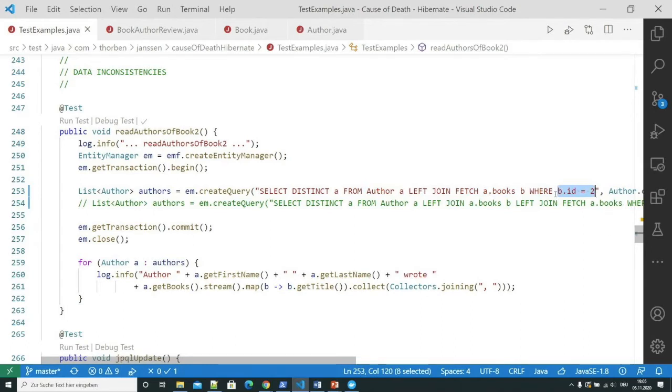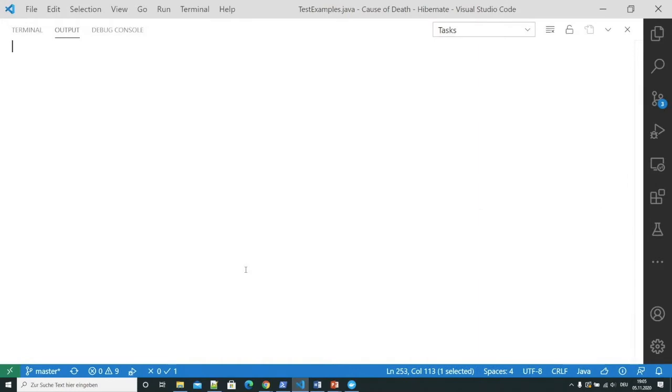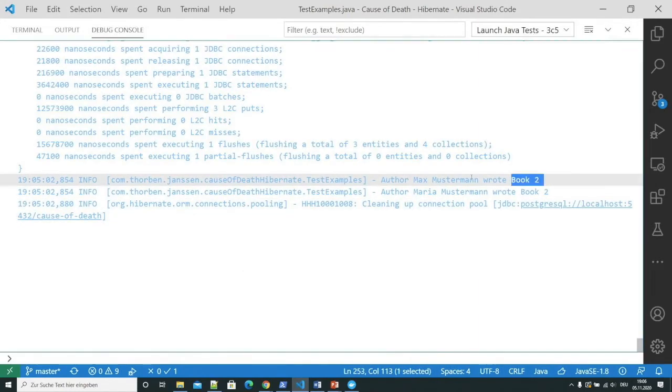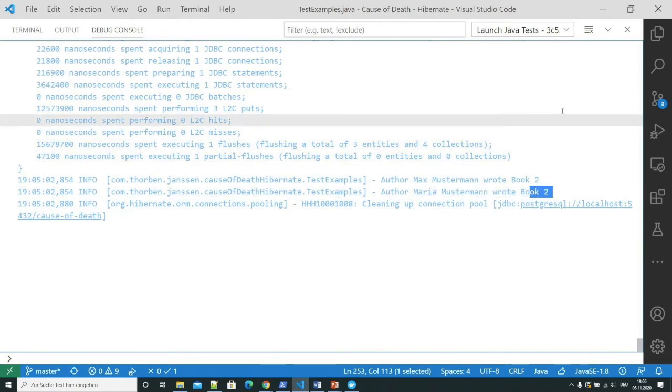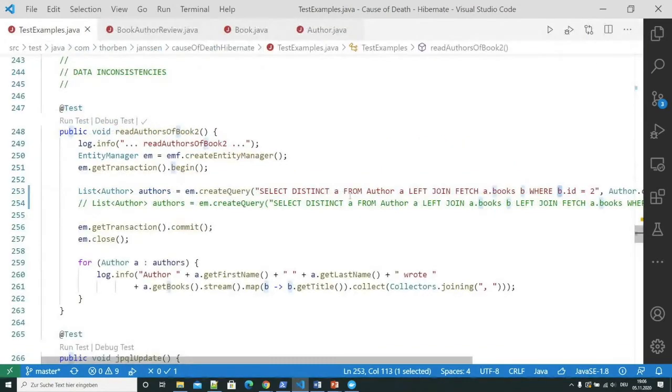So we use the join fetched books association in our where clause. And if you run this test, you see it passes, doesn't cause any issues. And if we take a look at the log, then we see that author Max Mustermann wrote book 2 and Maria Mustermann wrote book 2. Looks good, right? Nothing seems to be wrong here.